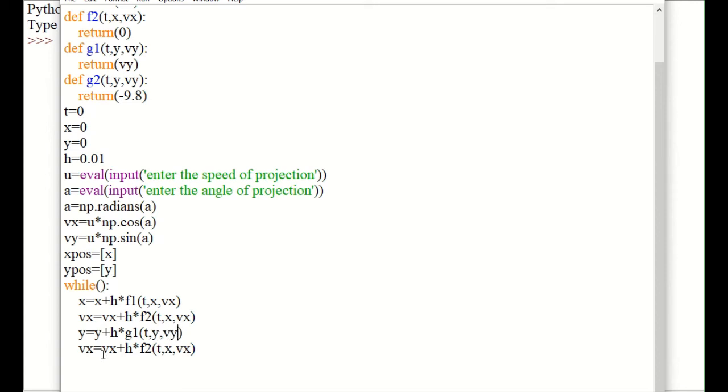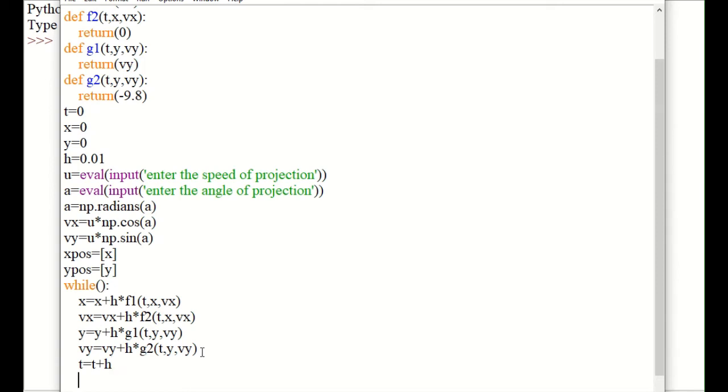Okay, and vy equals previous value of vy plus h into g2 of t comma y comma vy, and you must calculate the new time t equals t plus h.